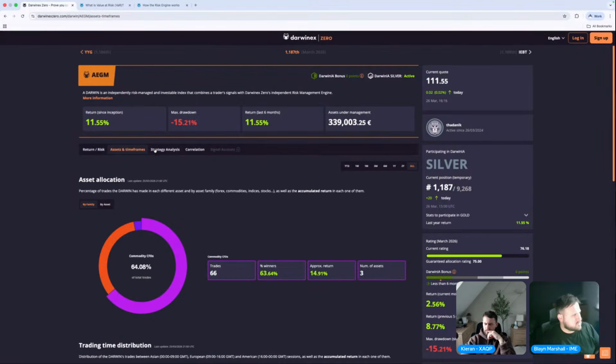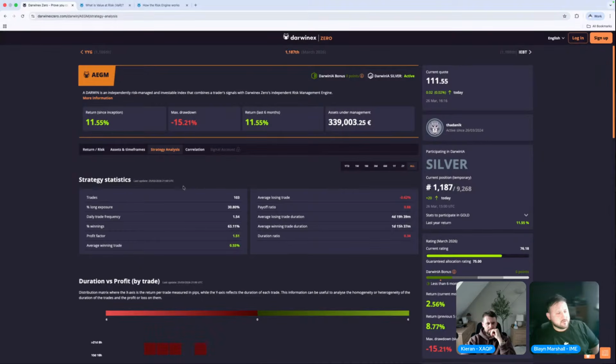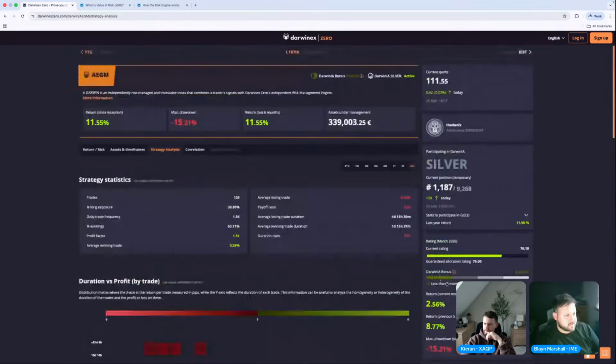Awesome. There's not too much data to go on, just 103 trades, not a lot to base anything on. But I would say just keep everything the same way you are. Your VAR's not going crazy. It's still within a decent level. It's just reduced a little bit from 0.47 to 0.45, which is a minimal change. So I wouldn't worry about it.